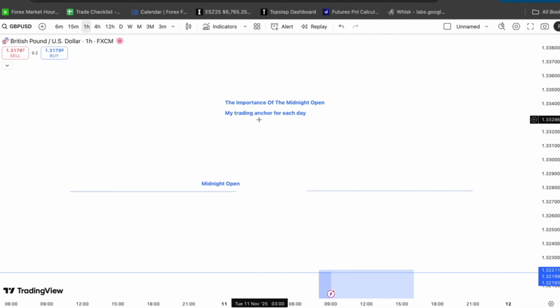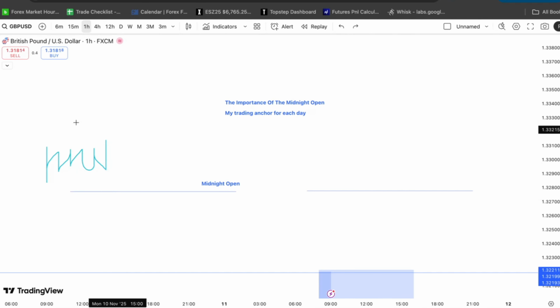We will always get an accumulation phase, which I personally see as the Asian session. We then have the manipulation phase of the day, which is usually inside London session. And then finally, in New York, we usually have distribution, simply because we have the most trading volume and liquidity inside the market in the New York trading session, just due to the amount of money flowing in and out of the market and people taking on and off positions.